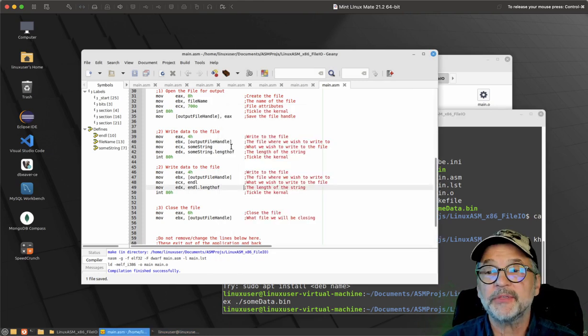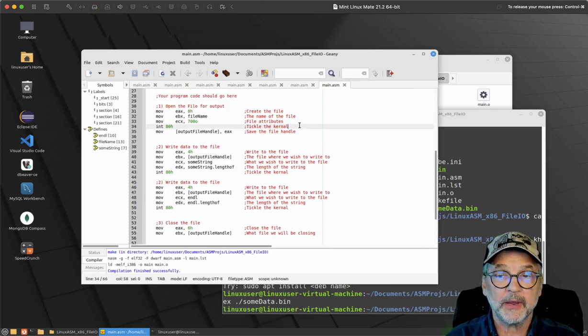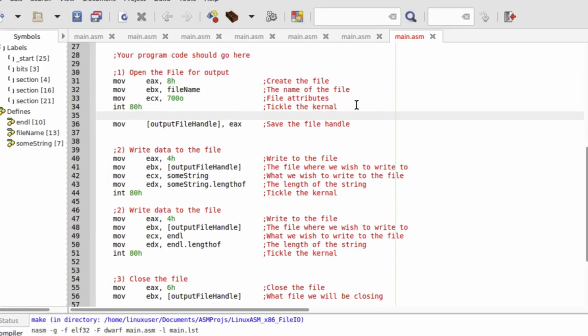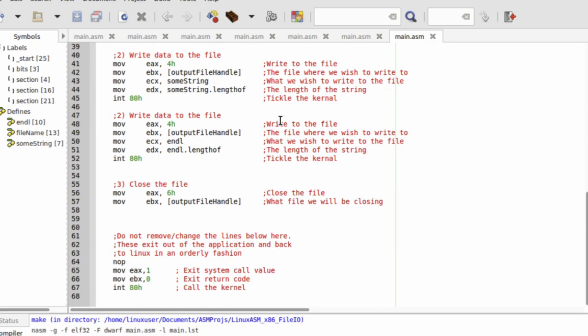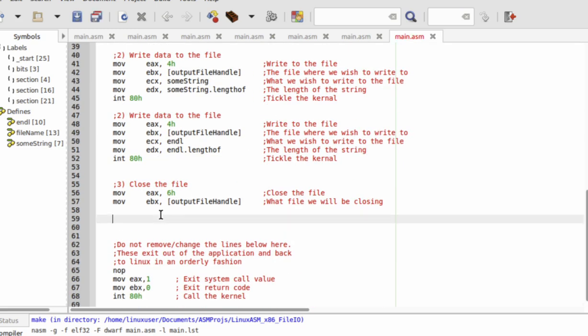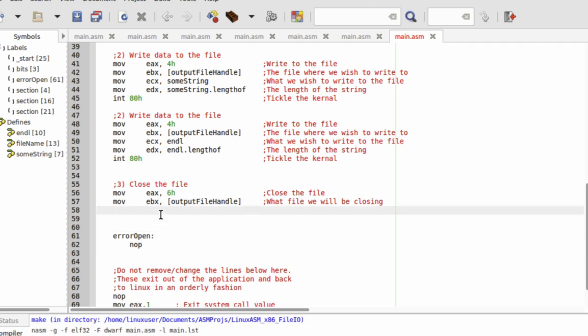Now, something else you want to think about when you're writing out things to the file, you want to check to make sure, first of all, that the file opened okay. So before we create the file, or after we create the file, we want to compare EAX with 0. Jump if equal to error open. So if it equals 0, then you've got an error issue. Something happened, it did not actually work, the open. So we're going to come down here and say error open. And we're just going to put a no op there for right now. And we're going to jump around that